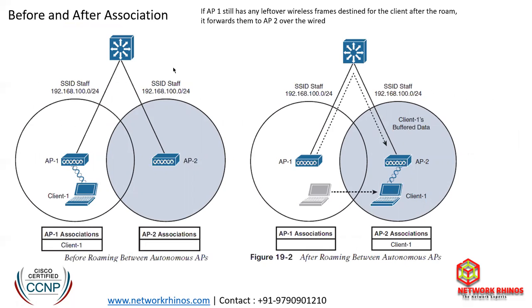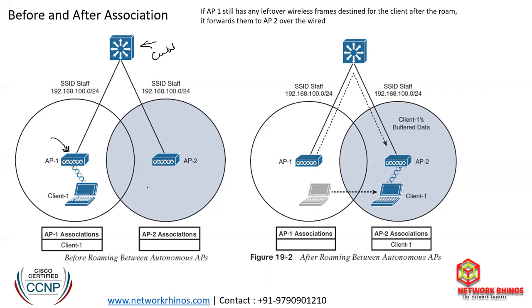So if AP1 has any leftover wireless frames destined for the client after roaming, then this guy will forward that information over my wired network. See, here we are talking about autonomous AP. We are not talking about lightweight AP. Autonomous APs are self-contained, and normally we have to manually configure them by getting into this device. If you have a controller, in that case this switch will be replaced by the controller, but still the function is the same. I mean, the way data traffic will move in case my client is moving from here